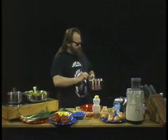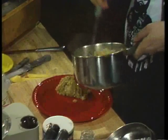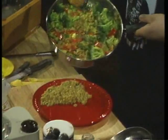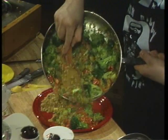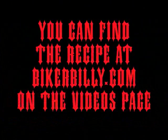So, now, we got some rice. Look at this beautiful rice. It's got a nice, creamy sauce, wonderful, spicy, and delicious. Check out these outrageous veggies. They're crispy, they're crunchy, the flavor is outrageous, nuts and coconut. Oh boy, if you want the recipes,